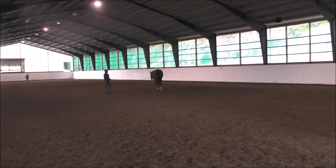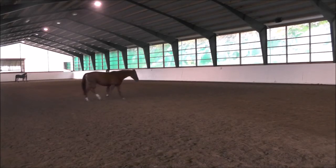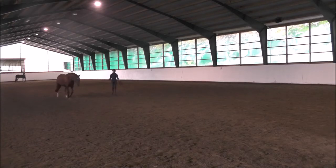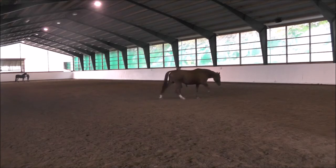And here I'm doing a bit of a smaller circle, and she comes down again. So sometimes I do a smaller circle, and usually I do it when, as you will see here, she looks a lot to the outside. And this is just to gain her focus. You really don't want to be on that small of a circle. You want it to be all over the width of the arena,